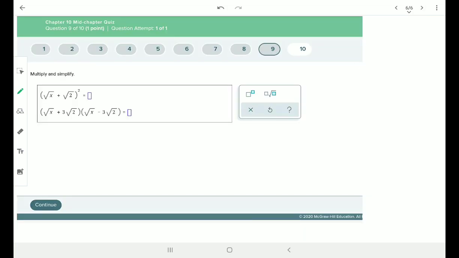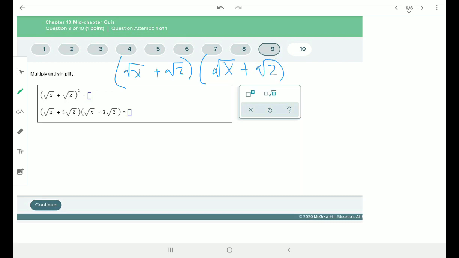When you're multiplying or dividing, remember, or let's just stick with multiplying. Whenever you're multiplying, you don't have to have the same radical sign. You can just multiply it as it is. So right now we're multiplying, we're squaring here. So this one has the root of x plus root 2, and then this is squared, so it's going to look like this,